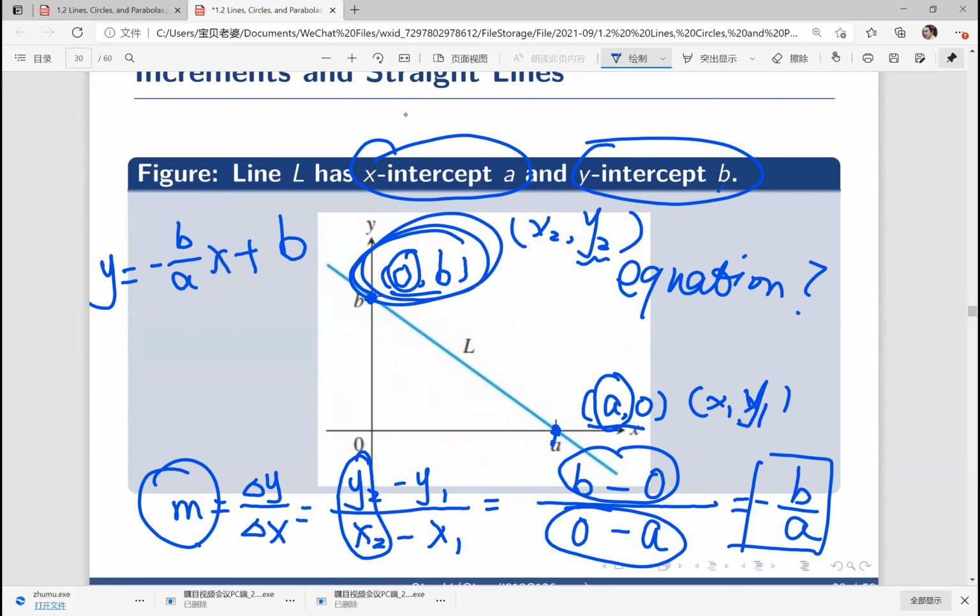So the equation of this line is y equals negative b over a multiplied by x plus b. Okay,